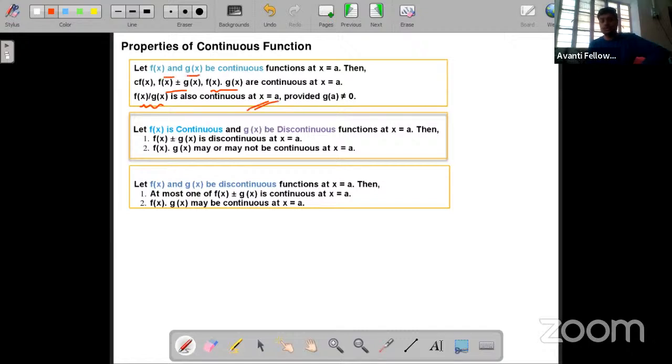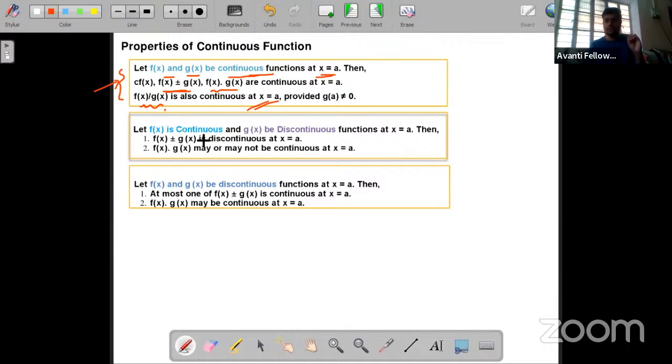If both functions, let's say we have taken two functions, both are continuous at x equals a, then this is a very easily remembered concept. We can add or subtract or multiply or divide the functions, and the complete function will also be